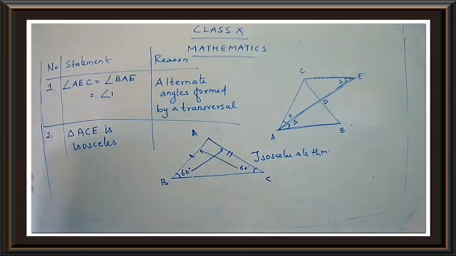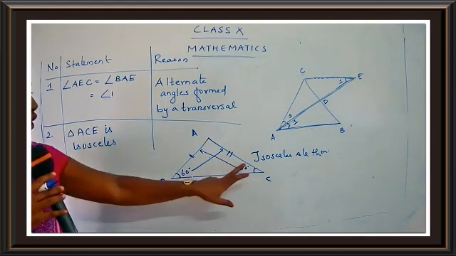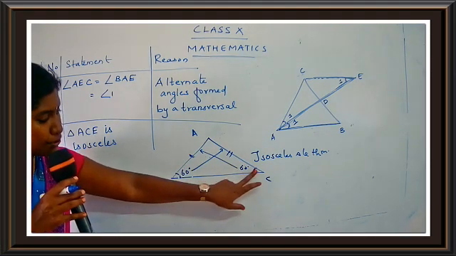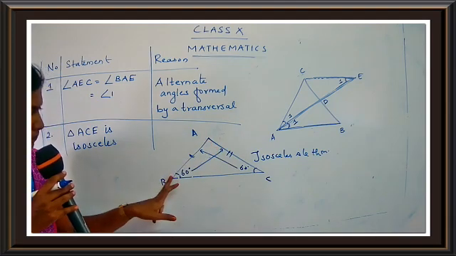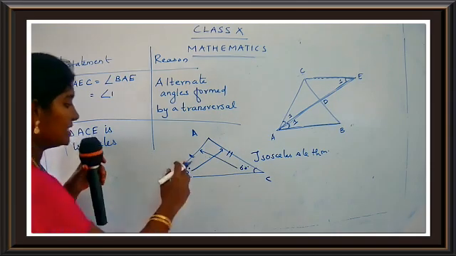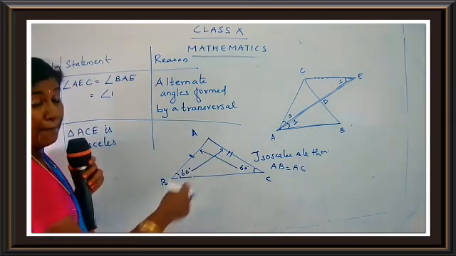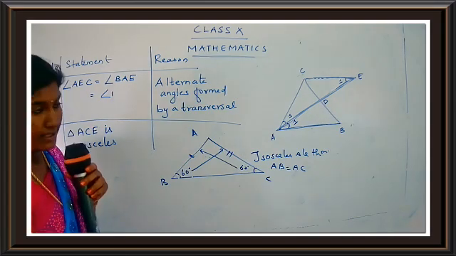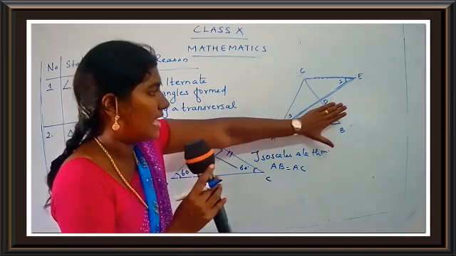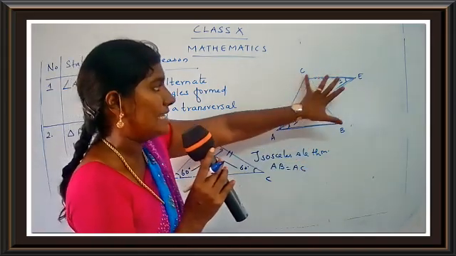Getting the point? So if the two angles are equal, the sides opposite to the angles will be equal. So what is the side opposite to this angle? AB. What is the side opposite to this angle? AC. So what you get here? You get AB is equal to AC by applying the isosceles triangle theorem. In the same manner, which triangle am I going to see here? I'm just going to consider triangle ACE.